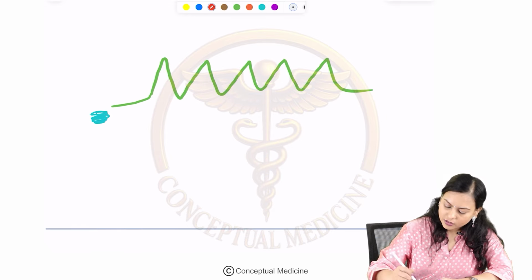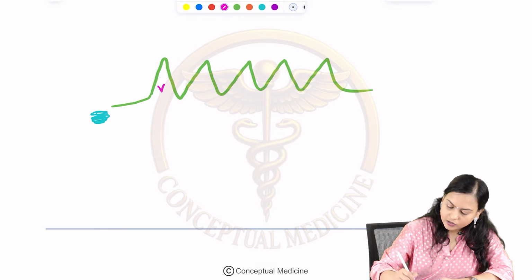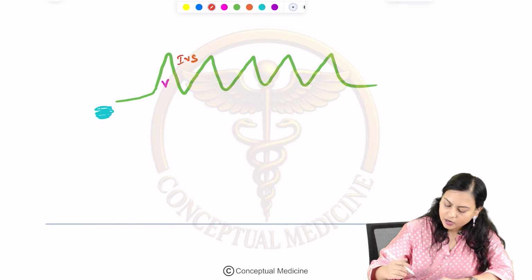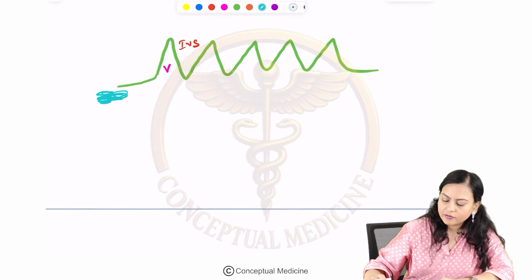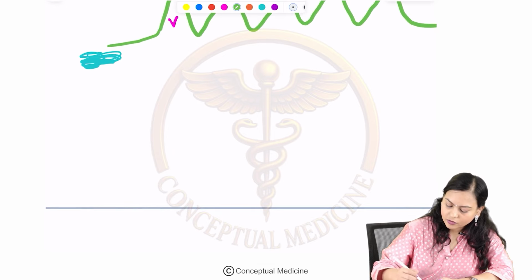So these are the villi, and these are the intervillous spaces, and also we have the intraembryonic mesoderm. The formation of villi happens in 3 stages, namely